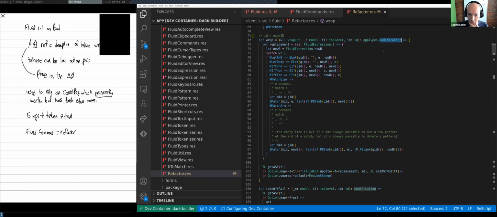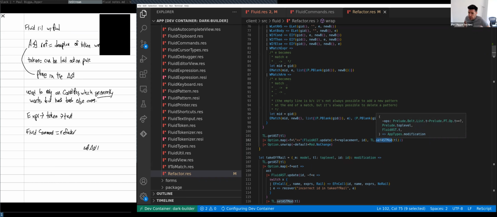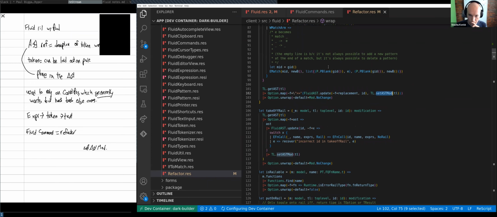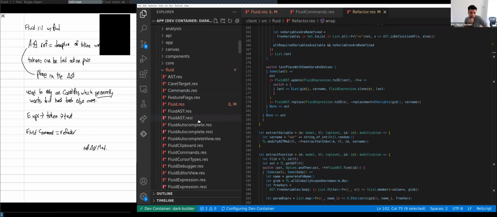Okay, and then we have some modification, which is probably always one of these specific kinds of fluid modification. I imagine it's going to be like a set AST mod, which is send it to the server, update the model, that sort of thing. Okay. All right. Rail. Okay, that makes sense. I can look through that. All right, so that takes care of